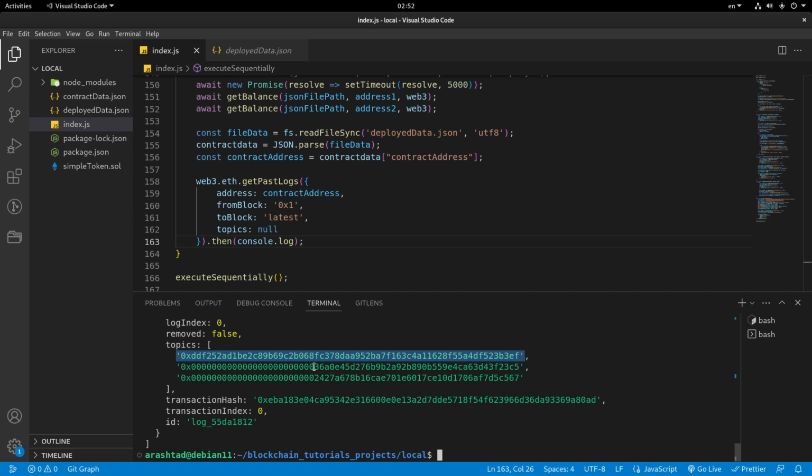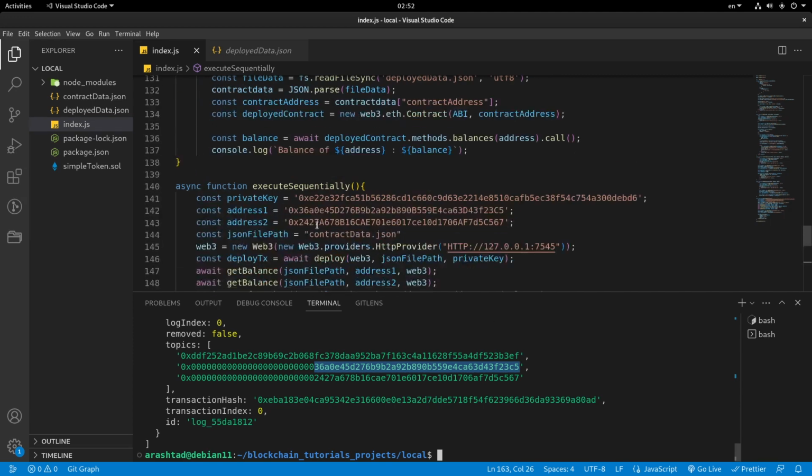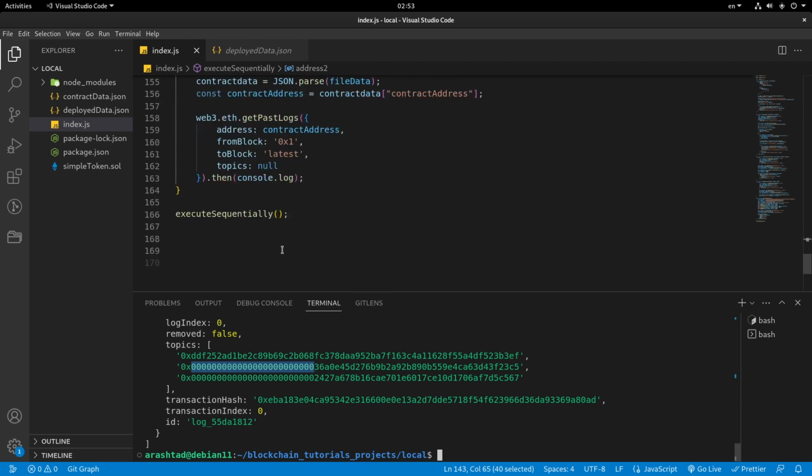Notice that this address is very much like this address, right? So you can see some similarities, but there are some modifications on the addresses. As you can see, this address right over here is pretty much like this address right over here. So every letter has been converted to lowercase, and we have a number of zeros before that, right? So interesting. So you can see the similarities here,